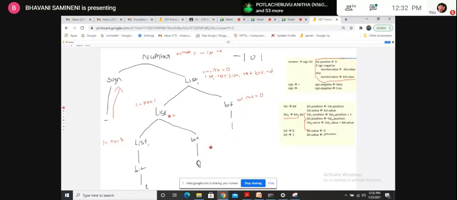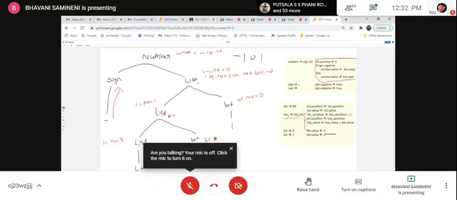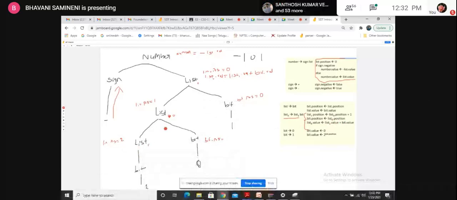Okay. And now bit position. This bit dot position. The position is equal to list 0 position. Now which one is list 0? This one, right? This position is 1, right? So 1 I am writing. And next value, list 0 value.